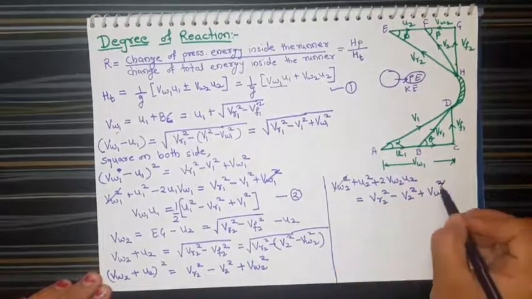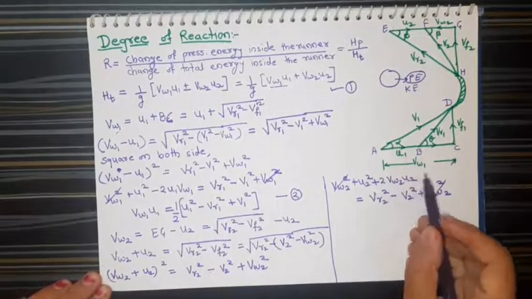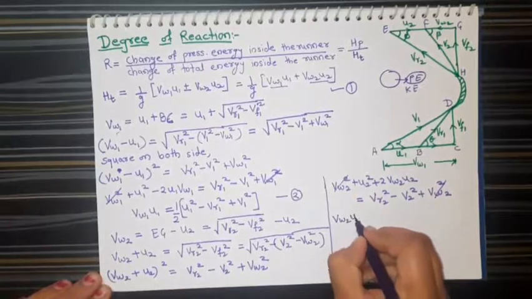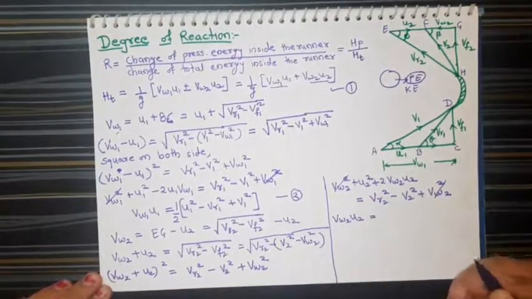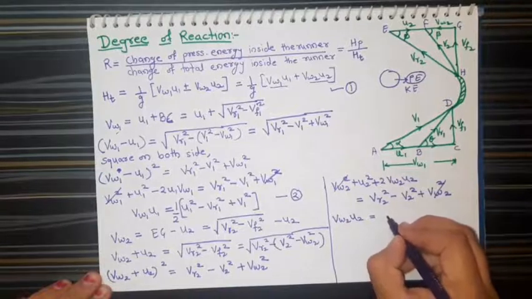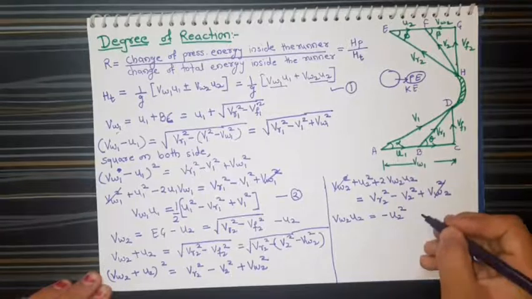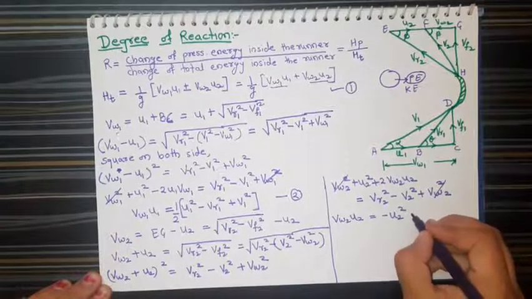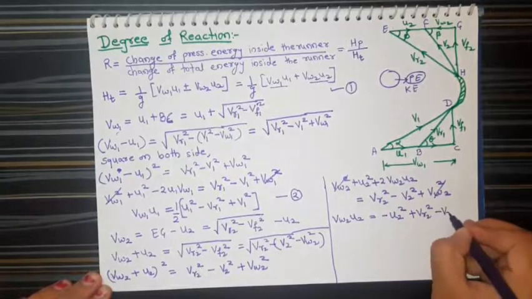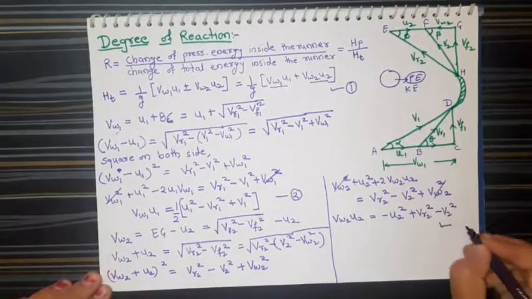Again VW2 square will get cancelled, and let's rearrange for VW2 U2. So VW2 U2 will be equal to minus U2 square plus VR2 square minus V2 square. So this is equation number